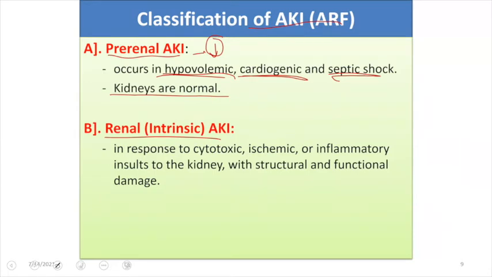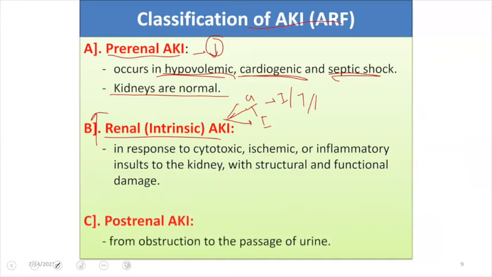It can be due to damage to the glomerulus, at the level of the tubules, at the level of the interstitium, or at the level of the blood vessels which are supplying the kidney. It can be due to an ischemic cause, a toxin, or inflammation in the glomerulus, as I've discussed, and that will manifest with damage to the glomerulus or to the intrarenal mechanism of blood flow, with an increase in blood urea nitrogen and creatinine level, and this will manifest as acute kidney injury.